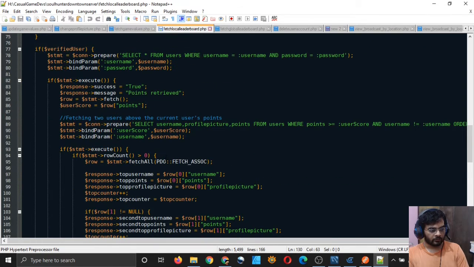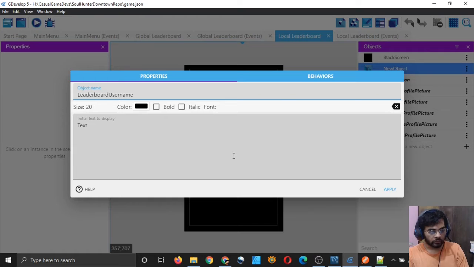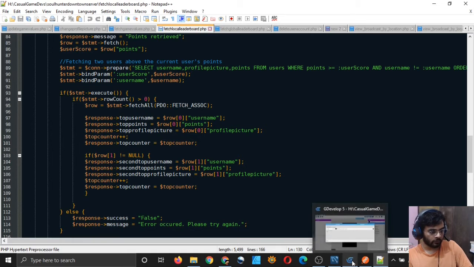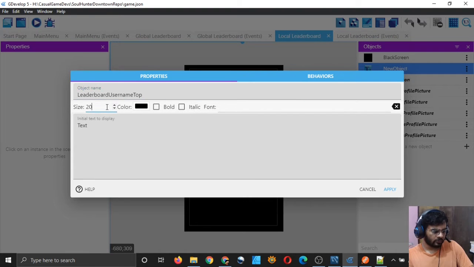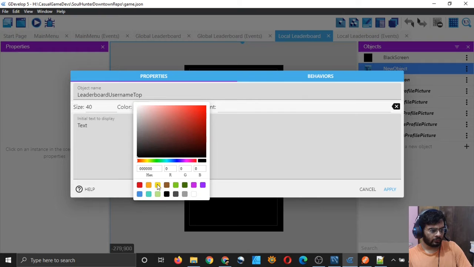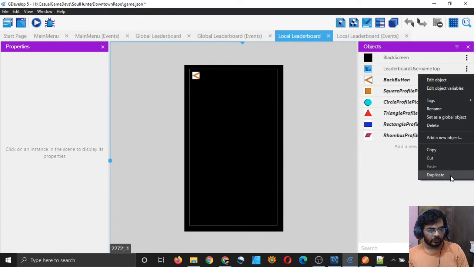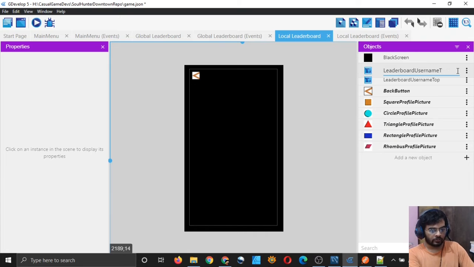So I will want to put the name of the variable similarly. So leaderboard username top, right? That username of the topmost person in the local leaderboard, right? And size should be 40, I guess. Color white. It should just say username because we will be changing its value at runtime, I mean programmatically. Apply, and then simply duplicate it and call it second top, right?